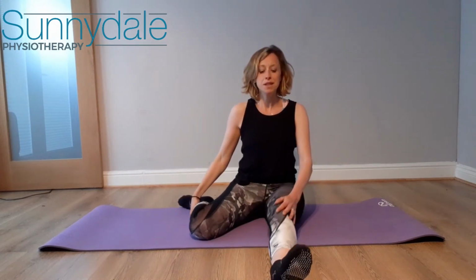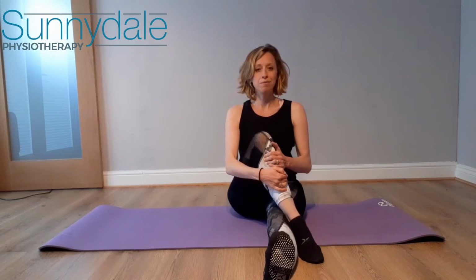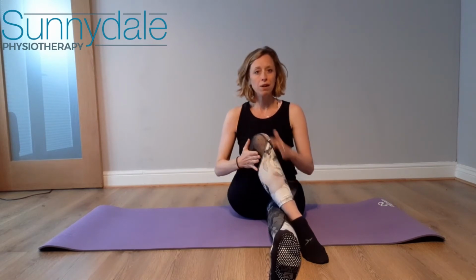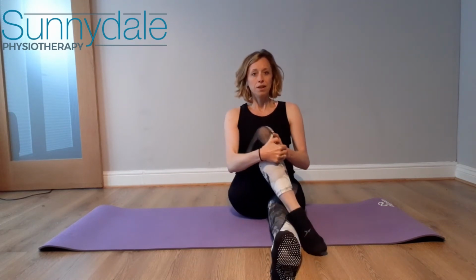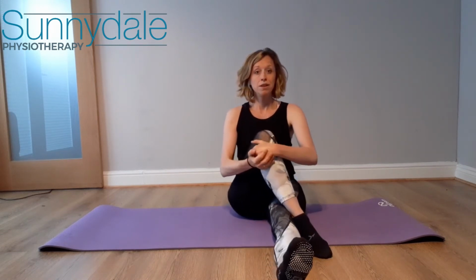Lovely, well done. Okay, so we're going to extend the right leg out and now take that left leg over the right. So we're going to be twisting the opposite direction now. If you can't quite get your left leg over your right like this, then just bring the left leg in front of you. You can do this sitting on a chair again. You can just cross your legs over, or you can just have your legs out in front